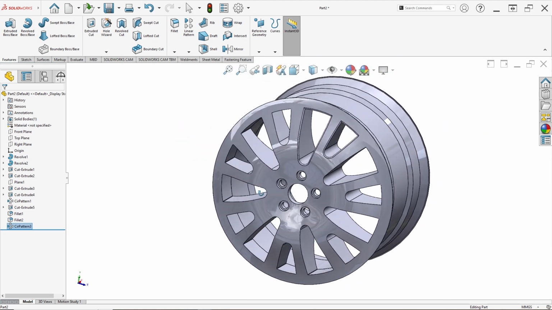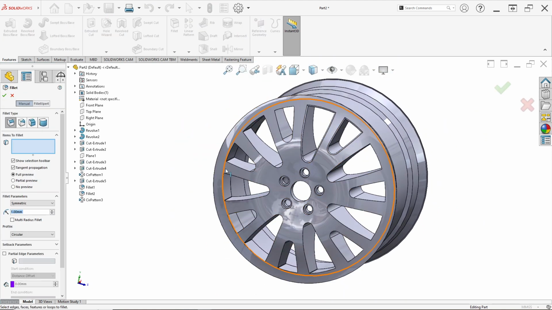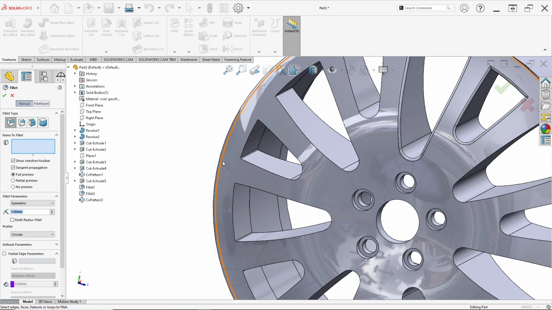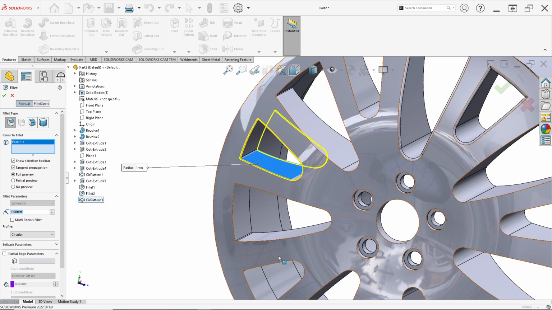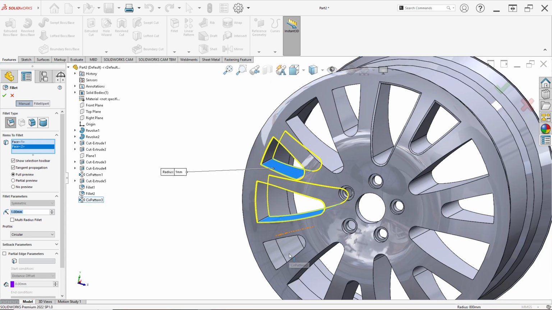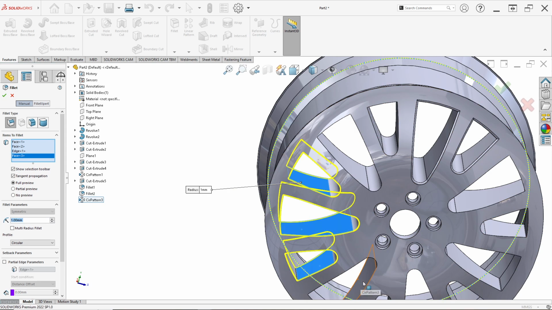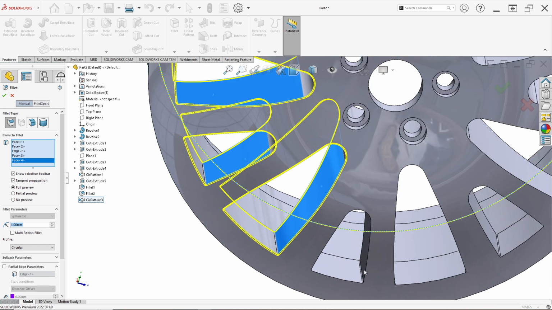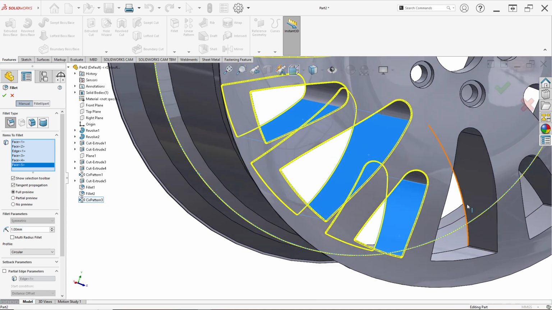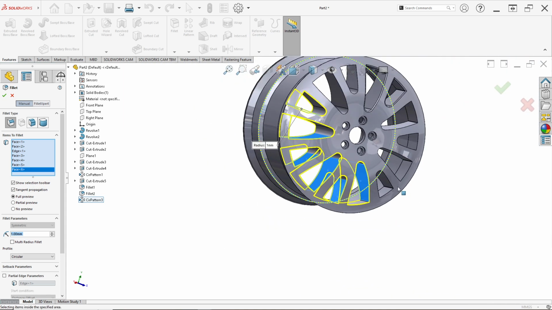And then like this. We can apply fillet manually in here. Click this edge. Click this face. This face. This face. This face. And this face.